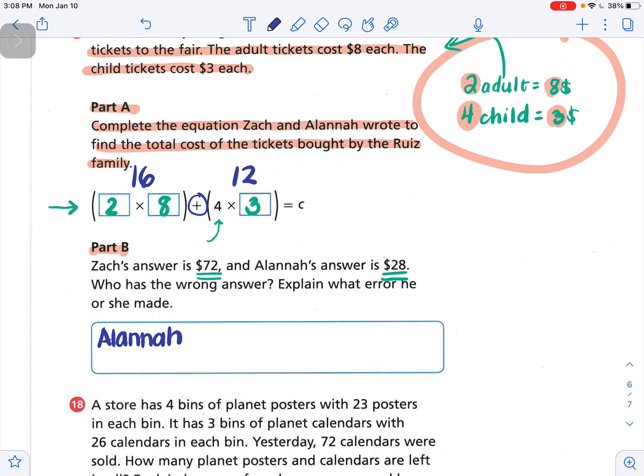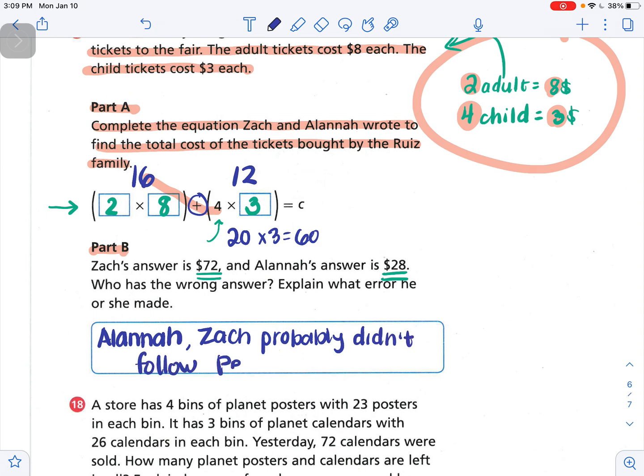So let's see if we can figure out what Zach did. I wonder if Zach didn't follow the parentheses rules. So I wonder if he did 2 times 8 plus 4. So 2 times 8 would be 16 plus 4 would be 20. And then maybe he multiplied by 3, which would get 60. Well, looks like not, but he probably didn't follow the order of operations. So I'm going to blame it on that. Zach probably didn't follow